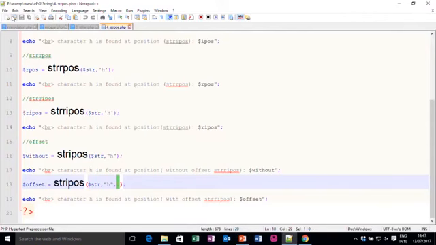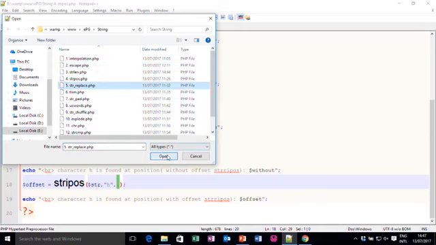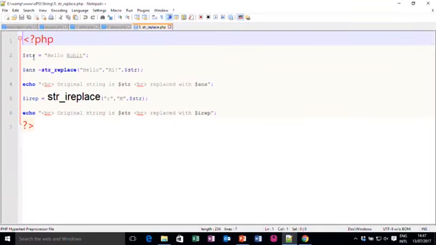So, first I open the code for this one. Here I have written $string is hello Rohit, then I store the result in one variable, str_replace hello with hi in the string. So now hello is replaced by hi. The output will be hi Rohit, as I have written the original string is this and replace with this one. In the same way, for case insensitive I want to replace small r with capital M. Here capital R is in Rohit, so now it will become Mohit.